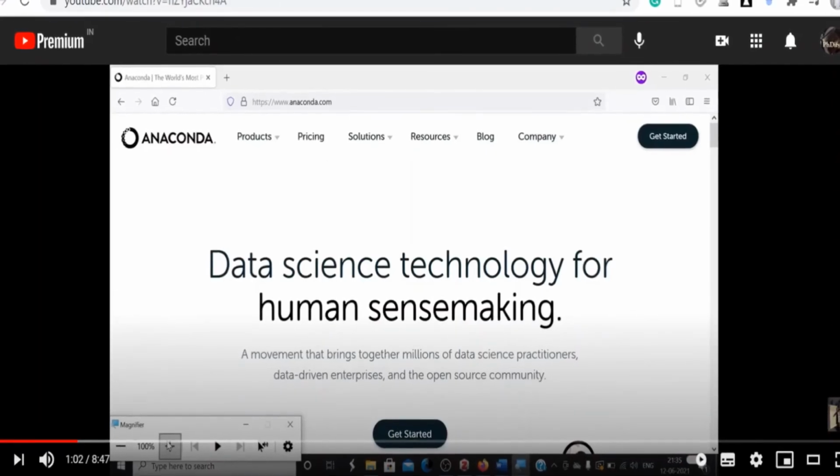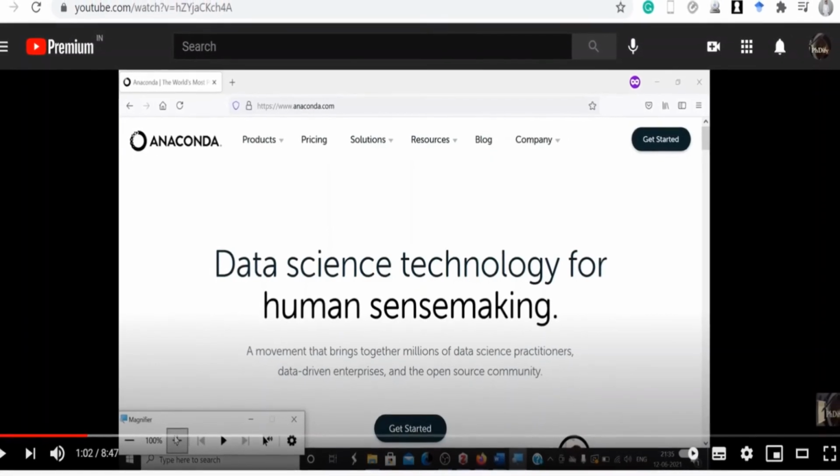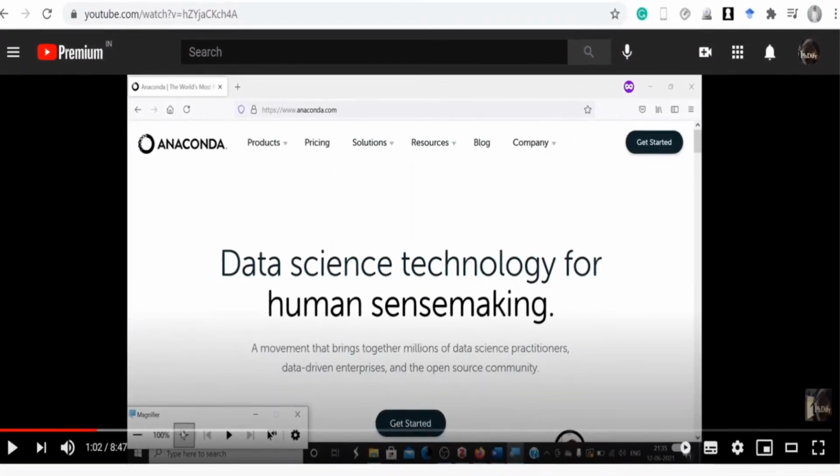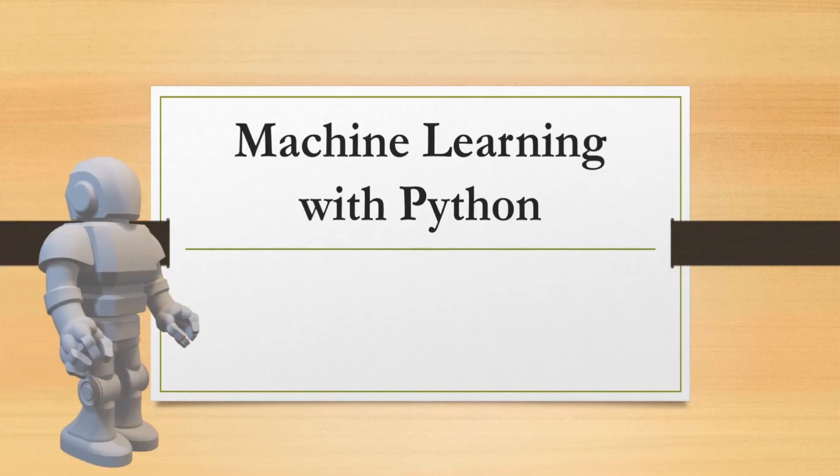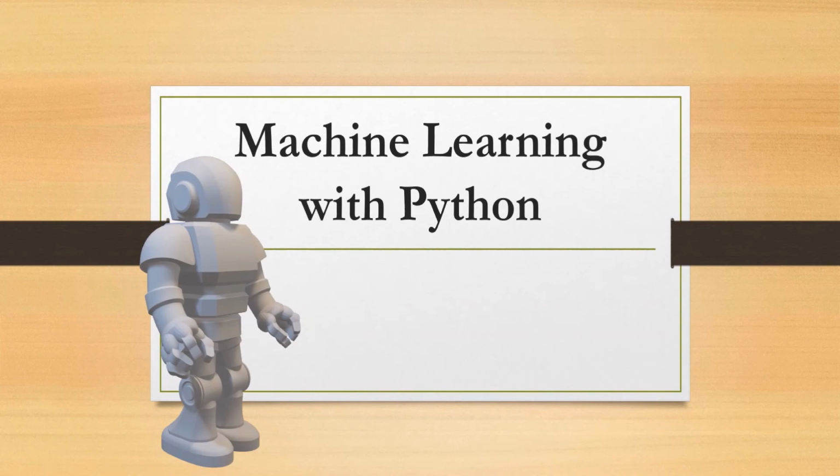In the previous tutorial, we saw how to install Anaconda in our system and get Jupyter Notebook up and running. And today I am very excited to start a super huge journey with you all. In this journey, we will build so many machine learning models using Python from all the branches of machine learning.